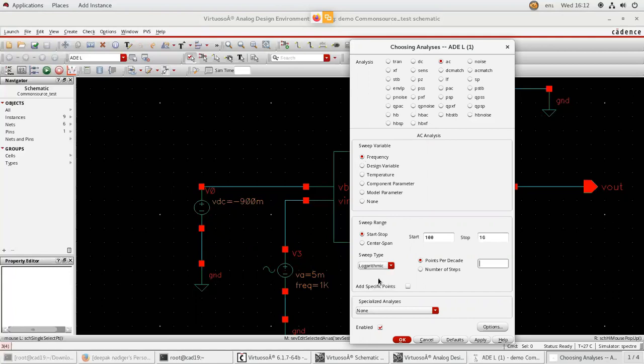I think you have plotted the frequency response of your amplifiers in AC lab, right? You would have used that semi-log sheet. That is your logarithmic scale. Same thing I'm using here. Change sweep type to logarithmic, and points per decade is 20. Press OK.